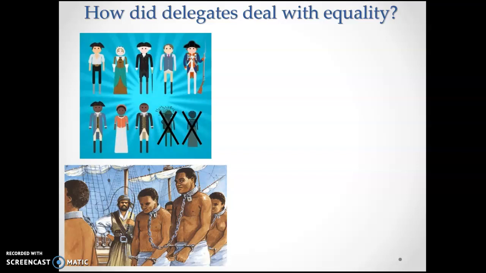And so the question that we're going to pick up on in Wednesday's lecture is going to be how the states dealt with the equality issue, specifically as it related to slavery, and how we count the population of large slave-owning states like Georgia and South Carolina, where slaves made up a huge